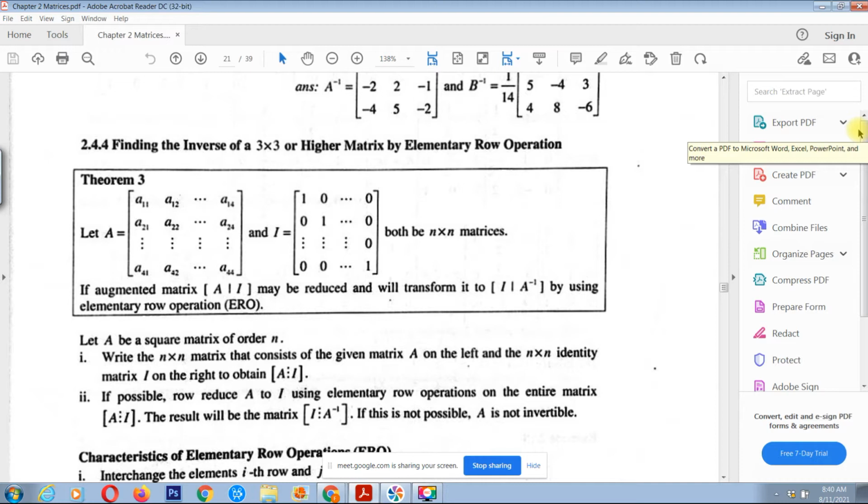It is the basic way. You need to know the rules of how to use elementary row operation. So the process is from this